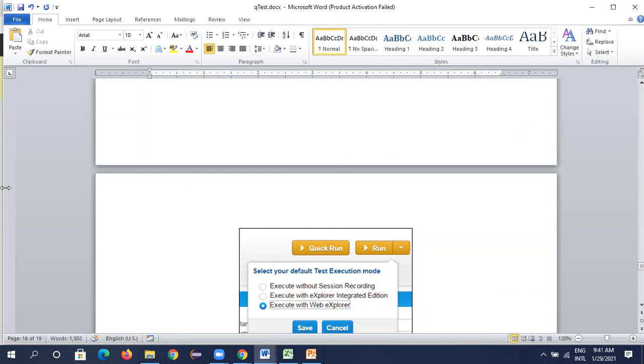Remember one thing: when you execute the test steps, you should not select all at once. For experienced people, it is okay. For freshers or people with 1 to 2 years of experience, you should not select all the test steps at a stretch and make them pass, because time will be recorded for each and every step. So if you select all four steps at a time and click on quick run and pass it, then the same time will be displayed for all those steps, which means you haven't done the execution properly. That is how they will understand.